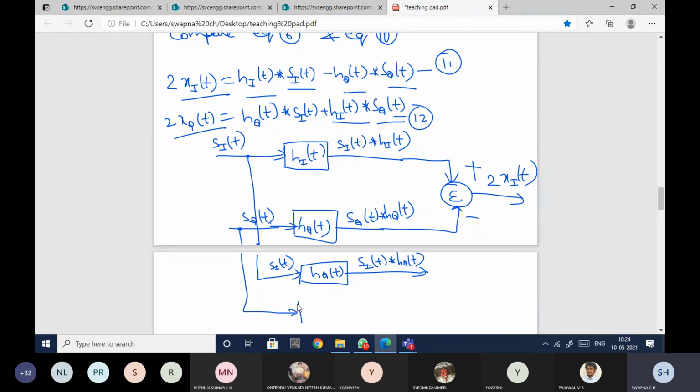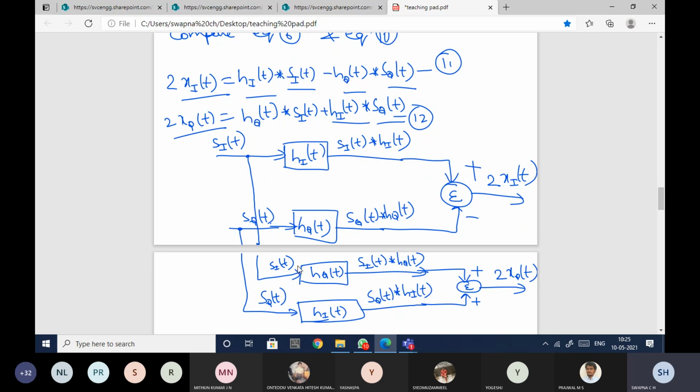This is my s_Q of t. S_Q of t should be given to h_I of t, so that my output here will be s_Q of t convolved with h_I of t. Now I need to add these two, so I'll give it to the summer, plus plus. Both plus here, so I'll get 2x_Q of t. So this is the total implementation of your